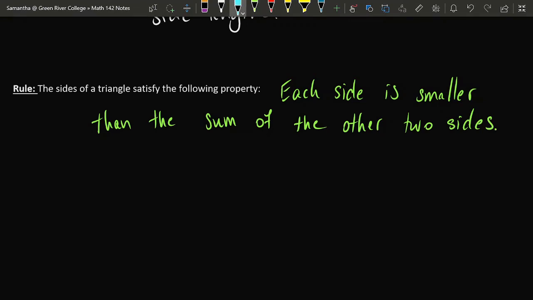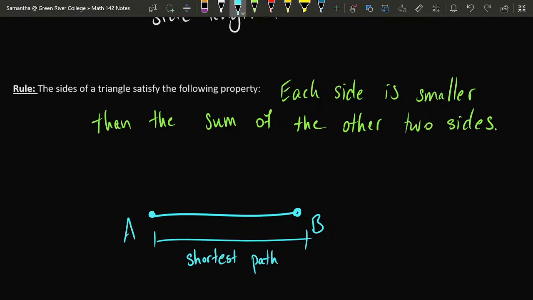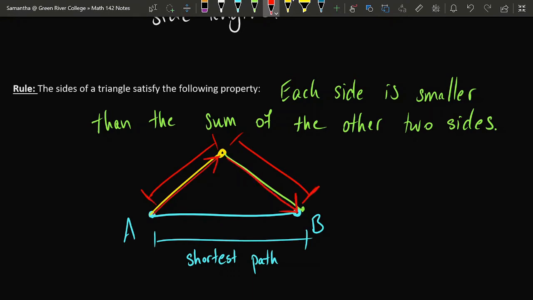To explain this graphically, lay out one of the sides of the triangle and think of that as a straight line path from A to B. Any other journey from point A to point B is going to be longer than the one that goes straight from A directly toward B. Now, if I lay out the other 2 sides in the triangle, and if I think about following them in sequence, following the first side and following the second side is another way to get from point A to point B. But it's a less efficient way to get from point A to point B. So it's going to take longer to get from point A to point B along these other 2 sides here.